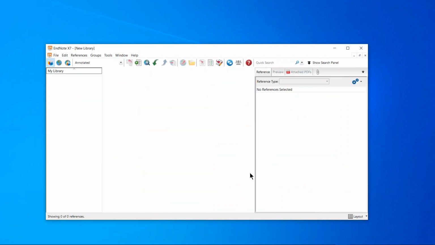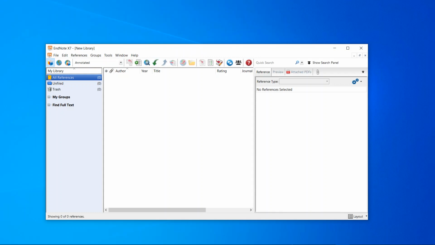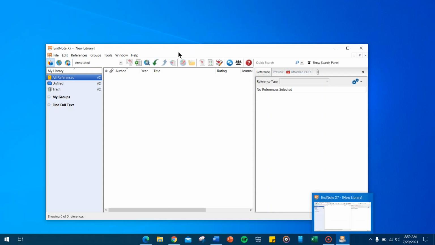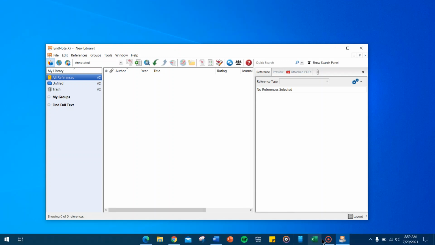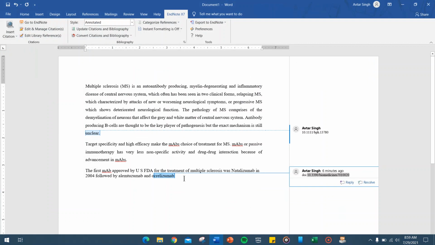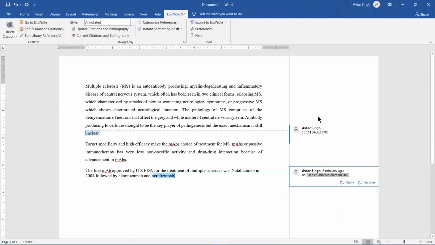Okay, see, now I've created a new library, and the next step is to download the citation. This was the content I was writing. I got this content from this particular article, and I saved its DOI number.